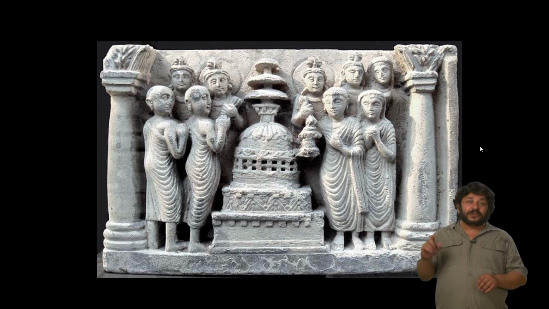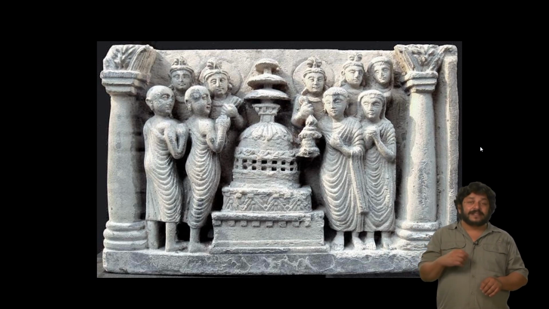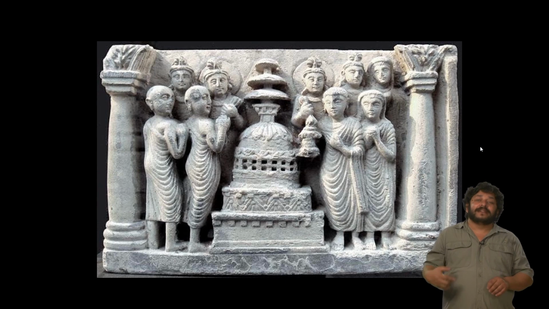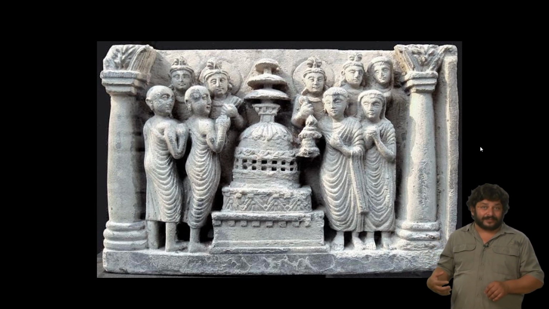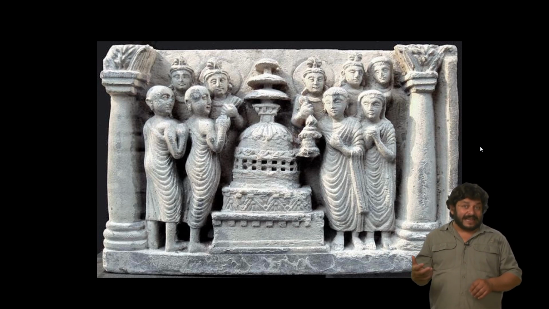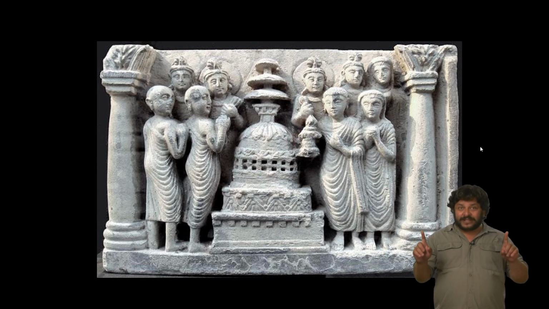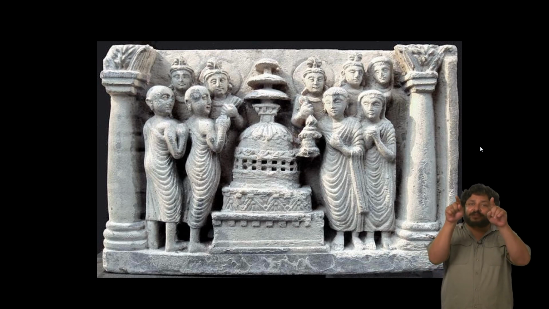Note the clothes, note the postures of all these figures who are worshipping a stupa, and you will see that the folds of their garments are like classical Greek sculpture. These are Hellenistic cultures in Asia. Note the columns, which are an important marker of Greek architecture, particularly when they have those kinds of ornate vegetal capitals on top.